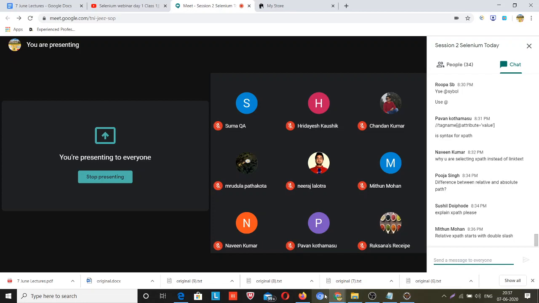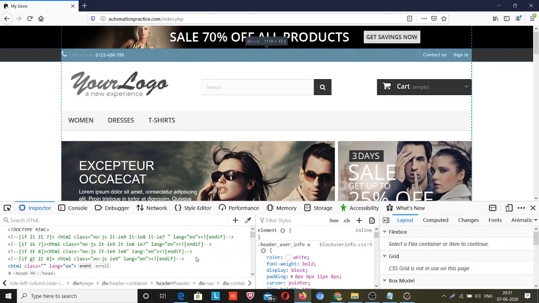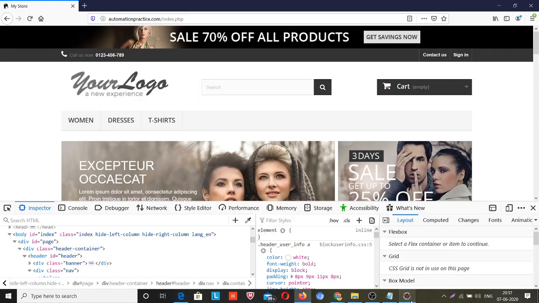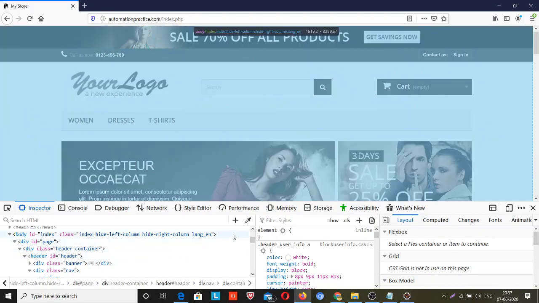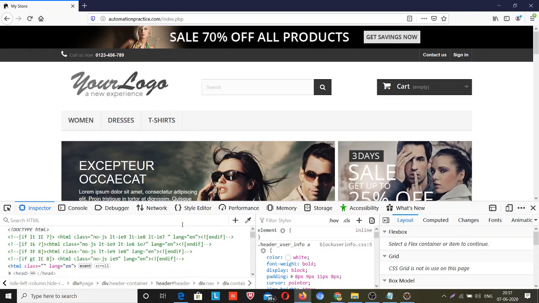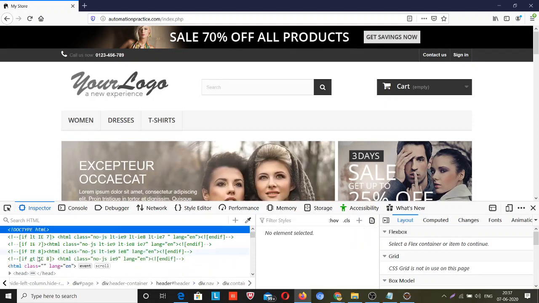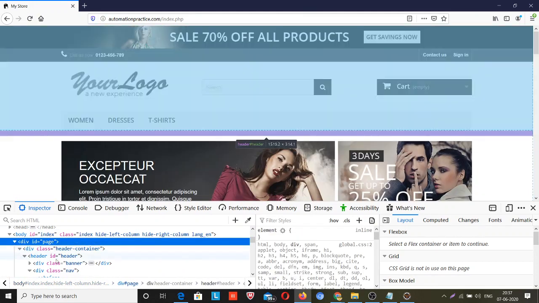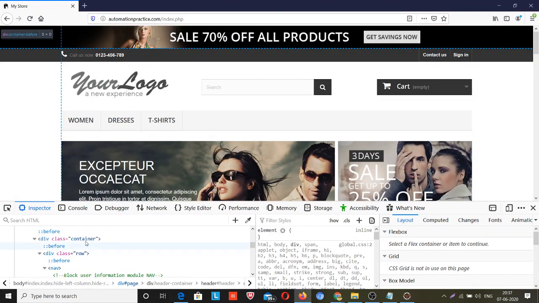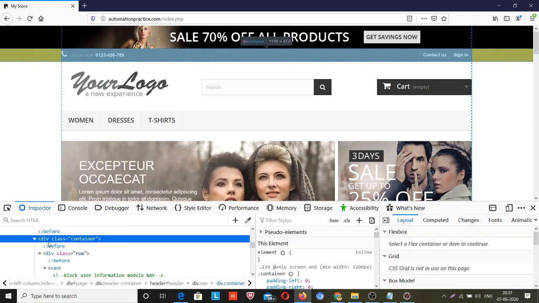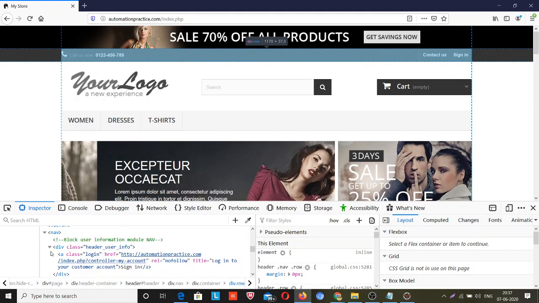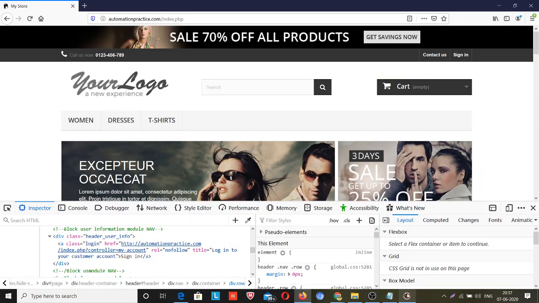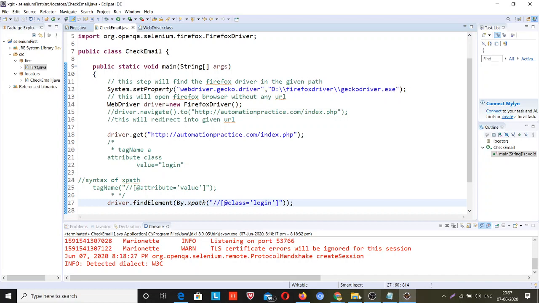So relative XPath is basically I directly locate that web element using some mechanism, and that mechanism I have explained to you guys. But absolute XPath starts from this HTML node, and from this you have to slash and then body, then slash, and so there is a mechanism. So you will come to this div element, then this div element. So I don't think we have to go with that process. My agenda is about locators.